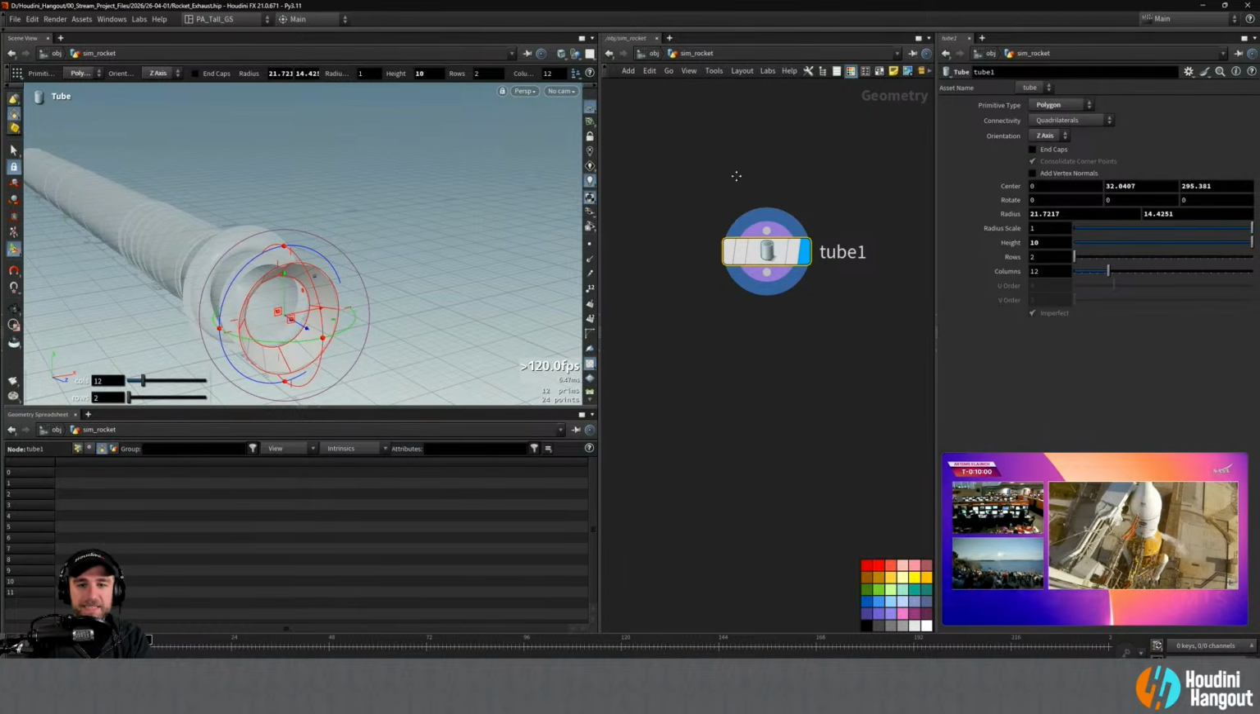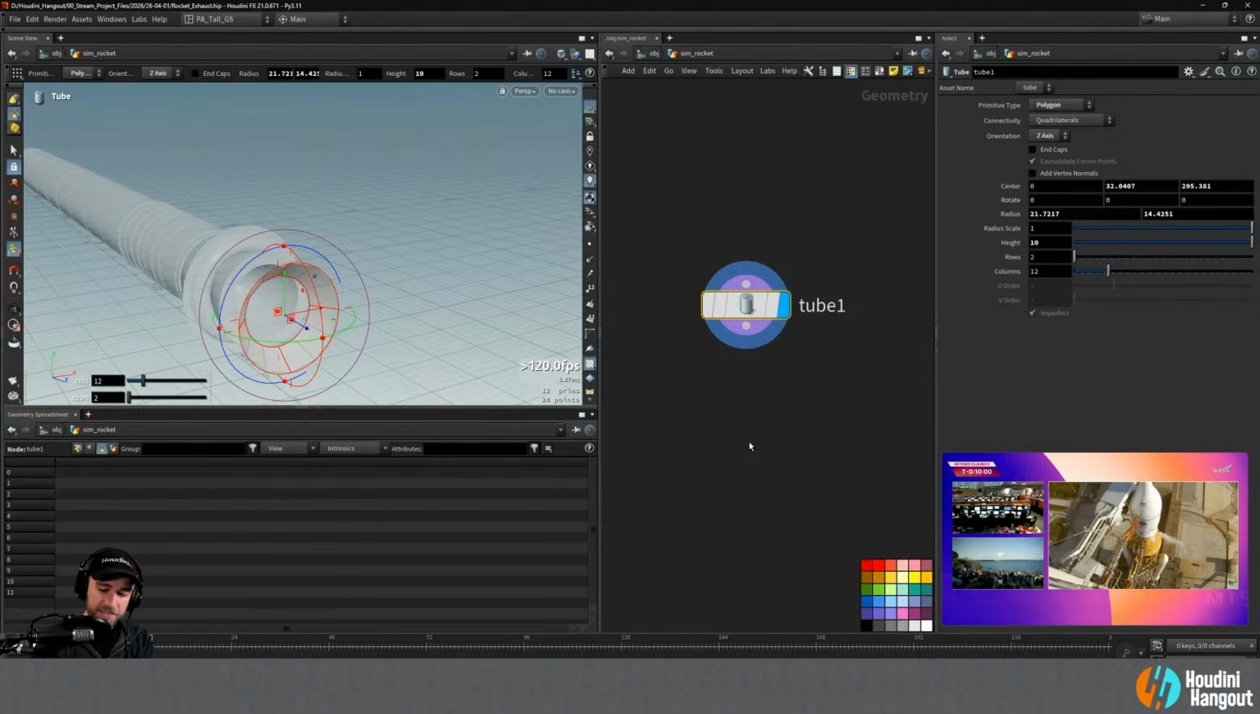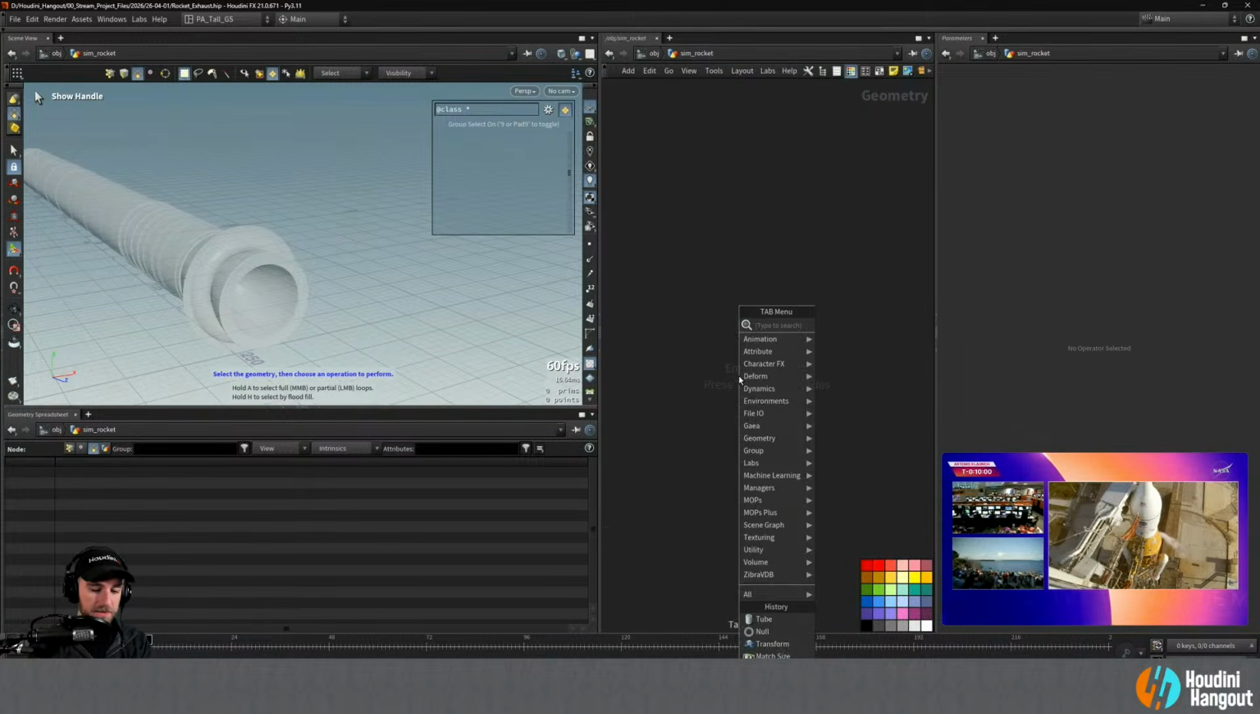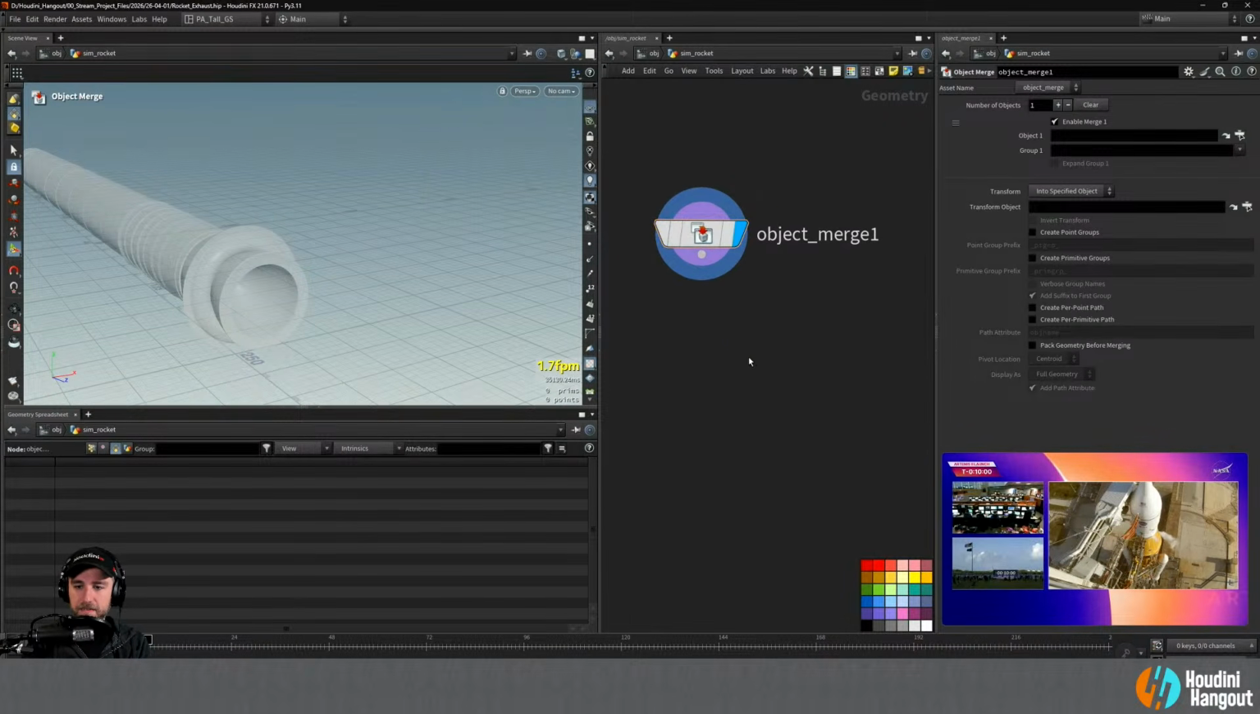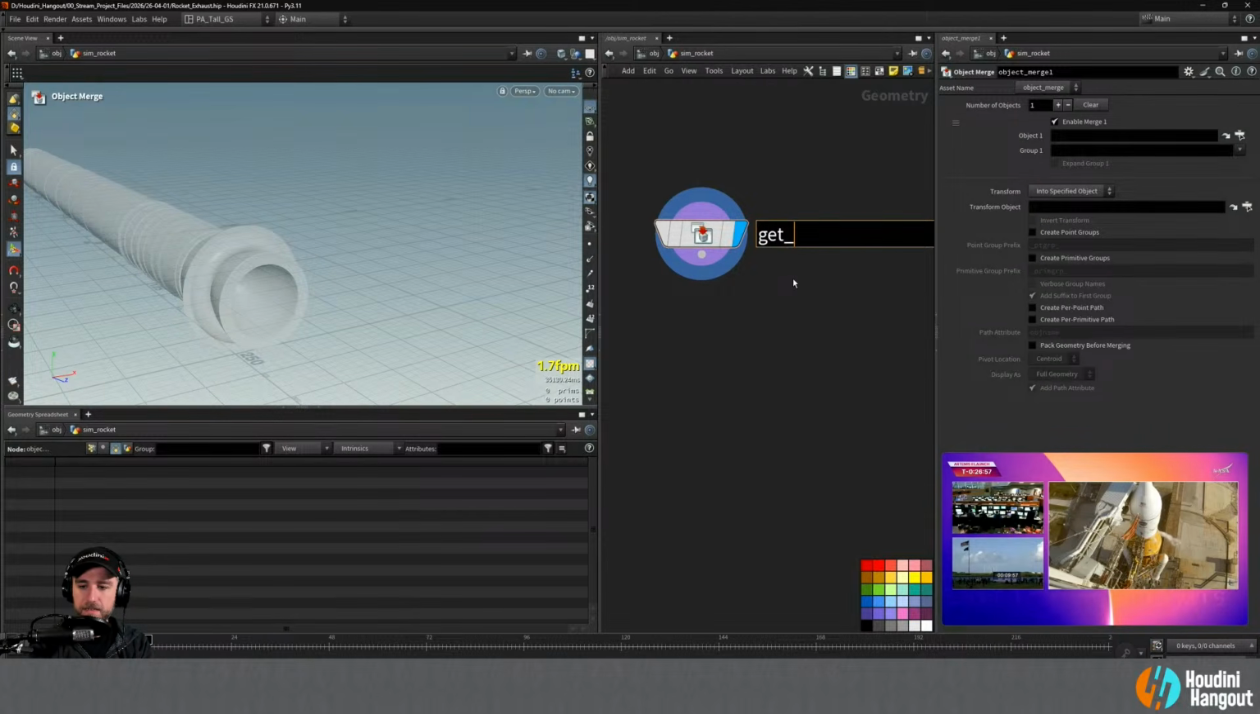Actually, you know what, I could probably put a stash here. I'll show you what I'll do, something that should work out okay. So let me do an object merge here, and I'll just stash it in. All right, so we'll say get